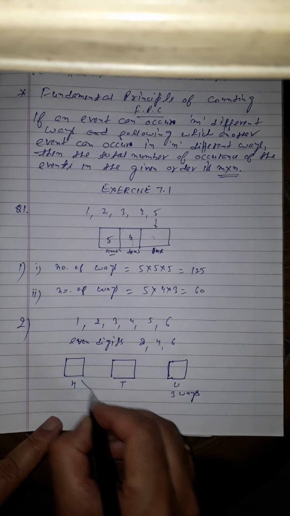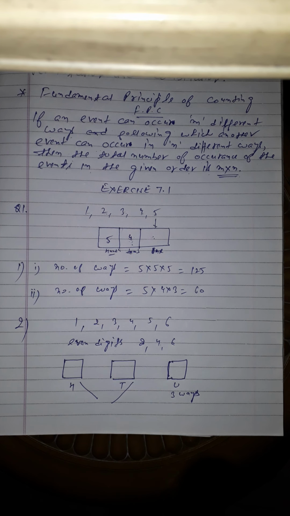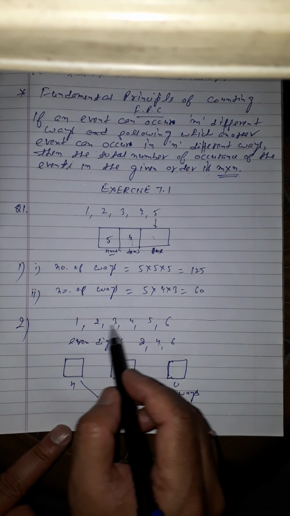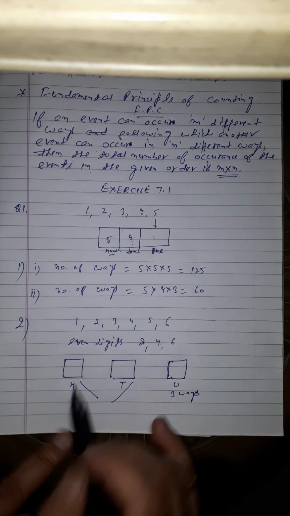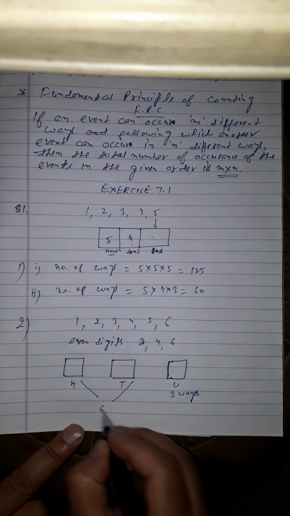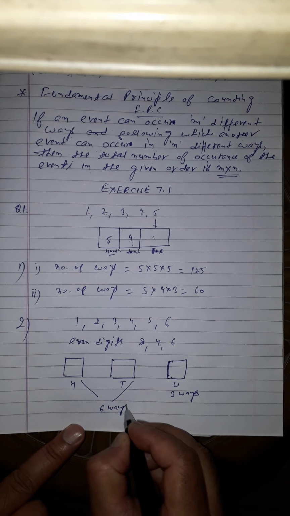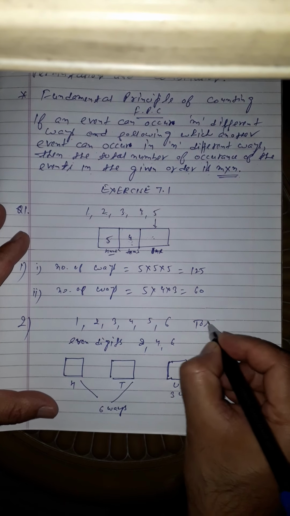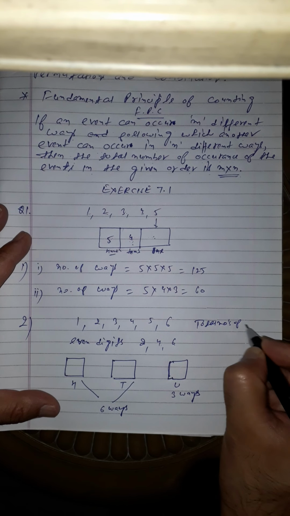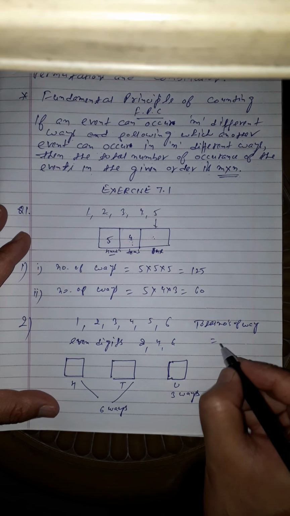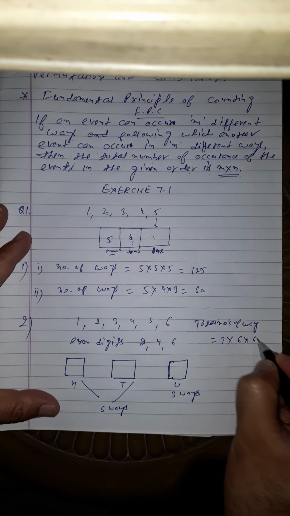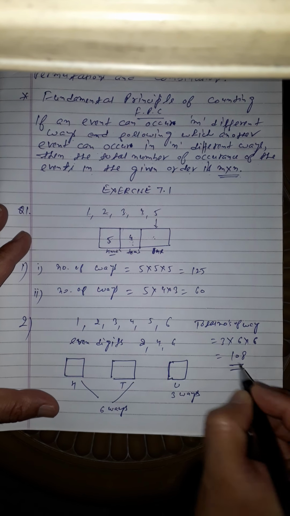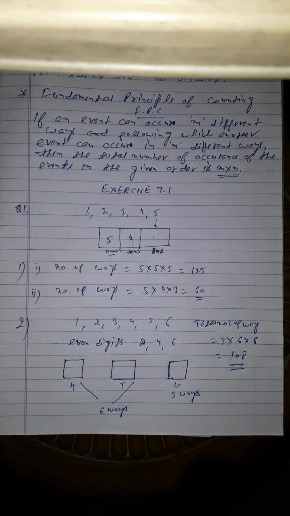Now how many ways are there to represent the tens place and the hundred place? Any from the 6, means we can use 1, 2, 3, 4, 5, 6 here at the 100 and the 10 place. Therefore there are 6 ways. Right students, so the total number of ways will come as equal to 3 into 6 into 6, that is equal to 108, and 108 will be the answer of this question students. Clear?